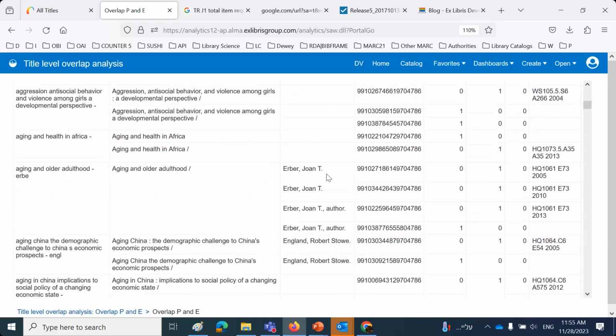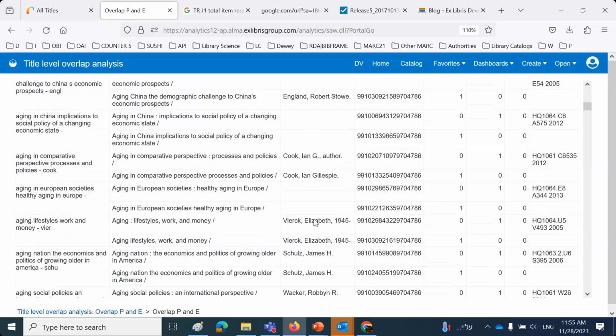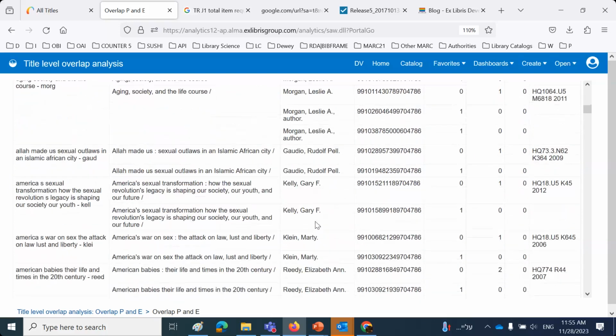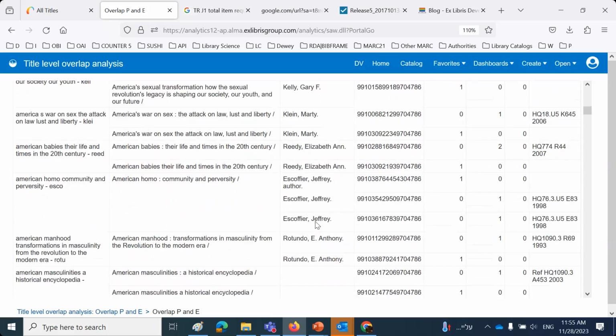For example, here, there's 4 records of aging and older adulthood by Joan T. Erber. Sometimes it was written Joan T. author, and sometimes just Joan T. But it's normalized to just the first 4 characters, ERBE. And there's a lot of cases like that where the author will appear slightly differently, but because we're normalizing it,